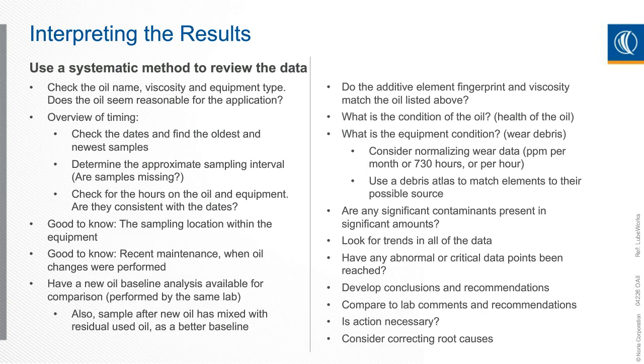Compare all those comments and recommendations and understand what may be the best result, the best course of action, and figure out how we can avoid the root cause from happening again. So let's say there was a negative result. We did see higher moisture or higher solid contaminants. Not only do we need to have a corrective action here, but we need to make sure we understand that root cause could come back, and what can we do to avoid it.